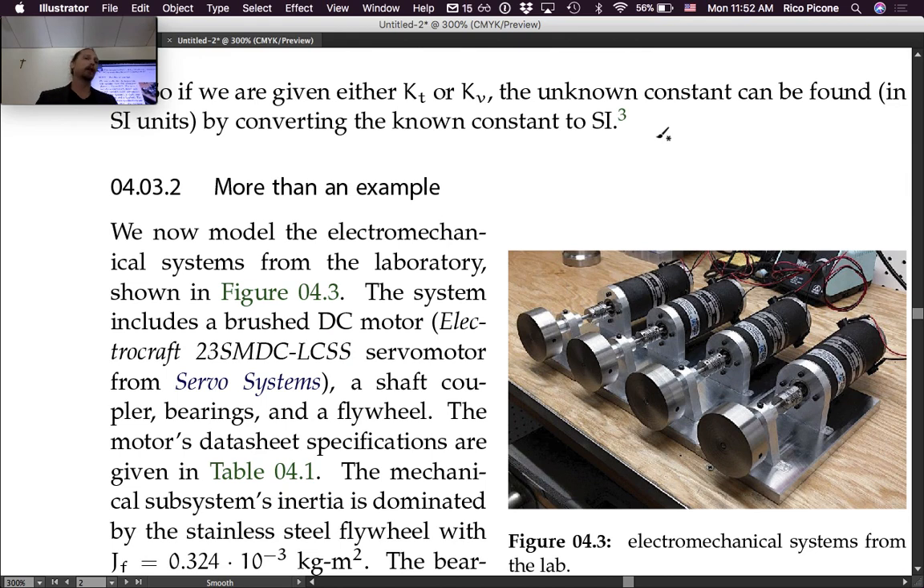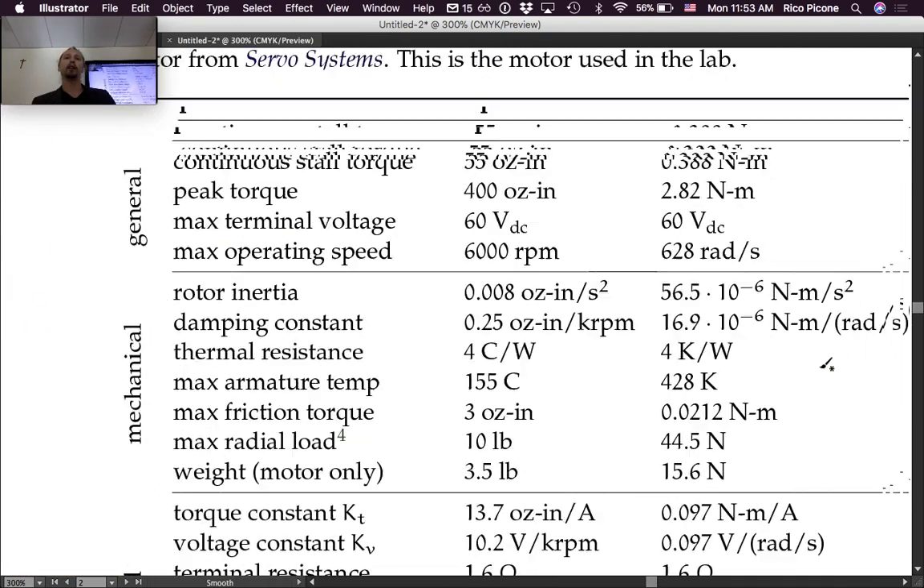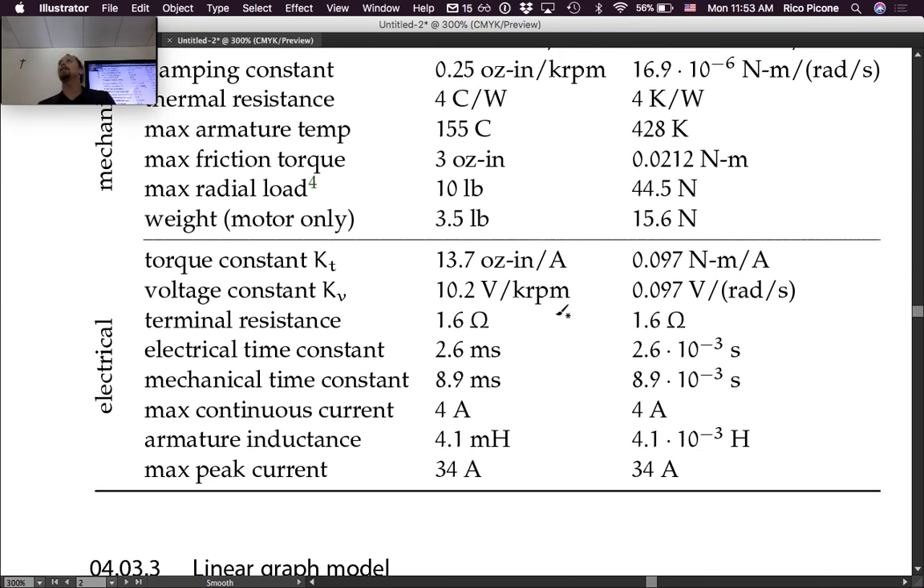So, okay, I'm not going to go into this, but I just wanted to preview what we're going to do next time. More than an example, we're going to do a very detailed model and analysis of these electromechanical systems from the lab. So these are DC motors, flywheels, there's some couplings, some bearings here, and we're going to look at the spec sheet for the motors. So I have here stuff straight from the spec sheet, and we're going to interpret this, we're going to build a dynamic model, simulate what's going to happen when we, say, change the input voltage,